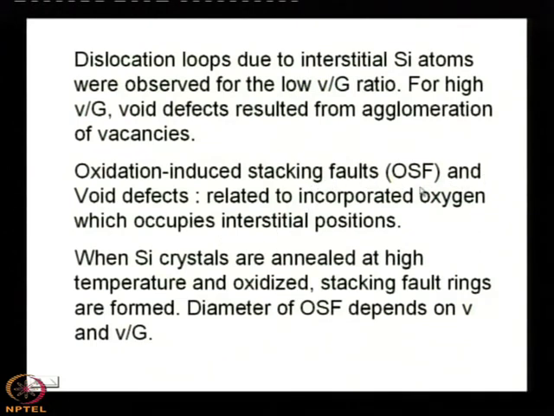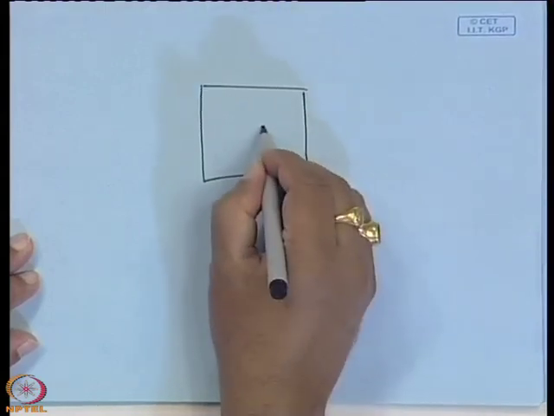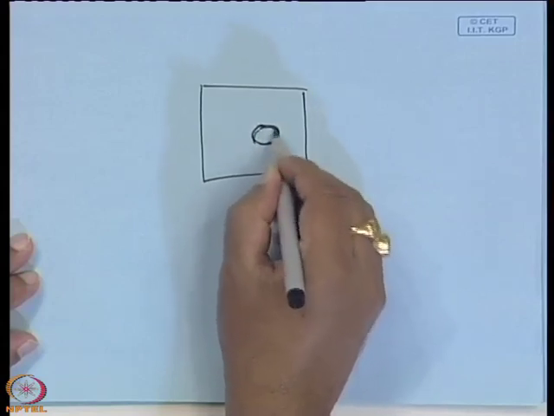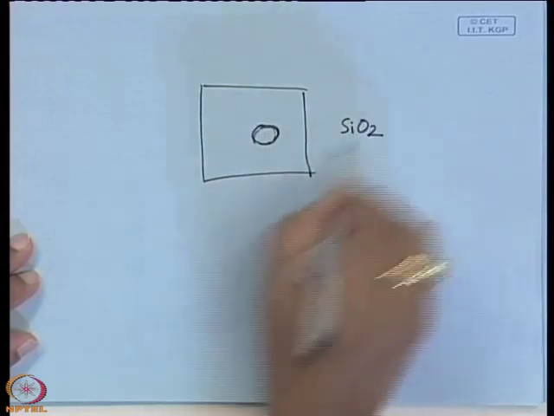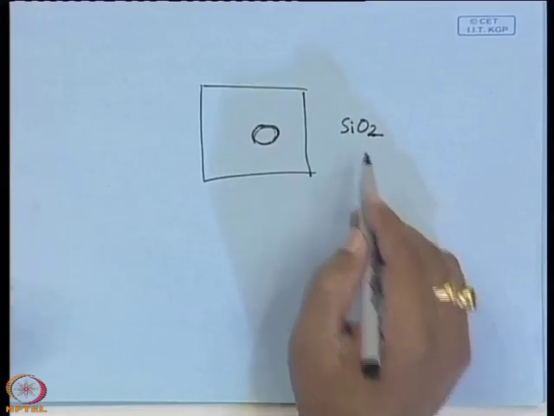And what happens actually? Those voids are decorated or covered by SiO2, silicon oxide. So, basically there will be void inside the crystal, and the void walls will be covered by SiO2, silicon dioxide. Okay. So, if you find that there is a crystal matrix like this, say this is a void inside a crystal, and the inner walls of the void will be covered by SiO2. Now, from where does the oxygen come? The oxygen comes from the annealing or oxidation, during annealing and oxidation, or say during diffusion of the impurity atom